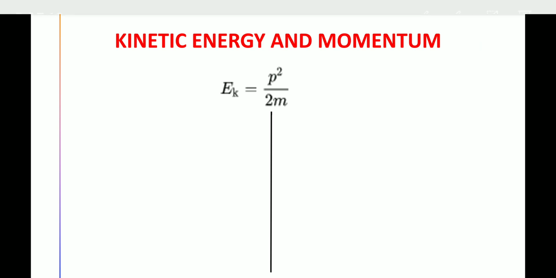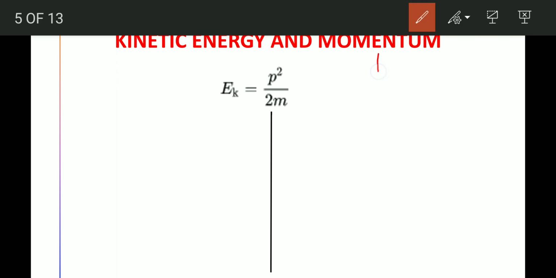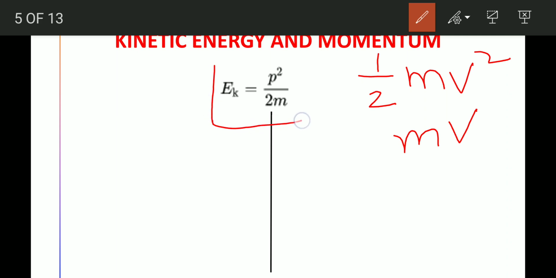Kinetic energy is given by the formula half mv square, while momentum is given by the formula mv. So, in both the expressions for kinetic energy and momentum, they contain mass and velocity, and hence kinetic energy and momentum bear this relationship,